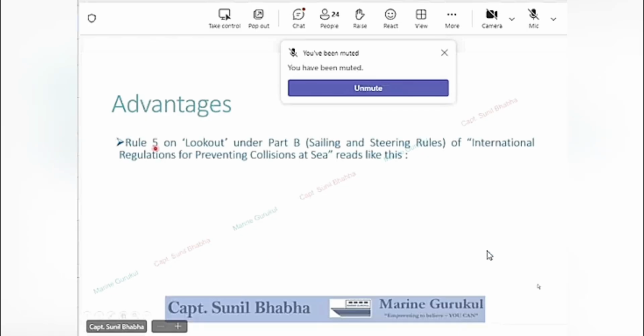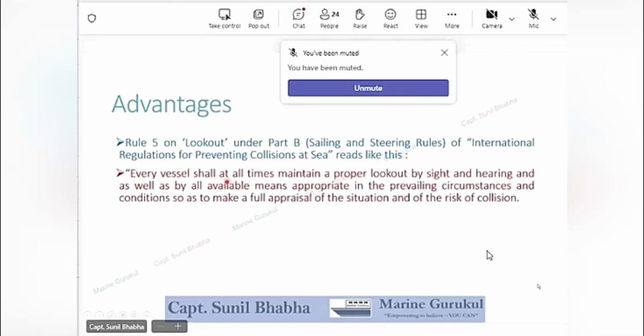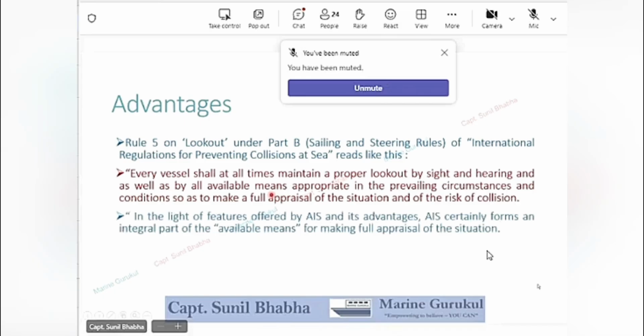Coming to COLREGs once again, Rule 5 says every vessel shall at all times maintain a proper lookout by sight and hearing, as well as by all available means. Now this is what we need to highlight here: all available means. AIS certainly forms a part of these all available means.